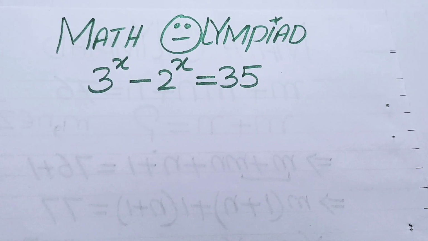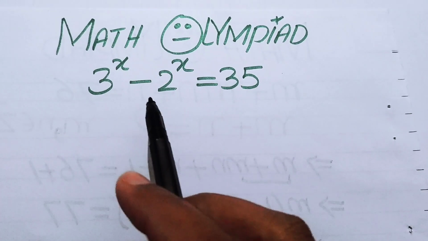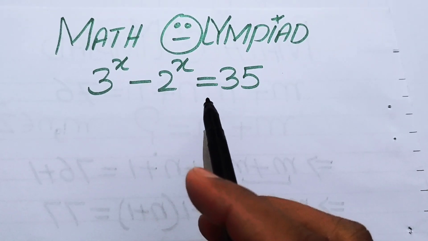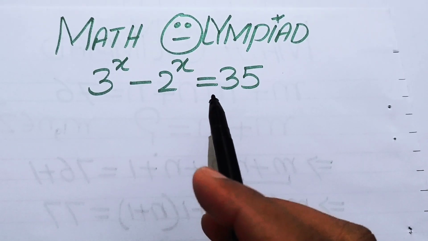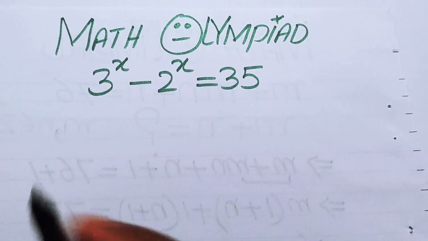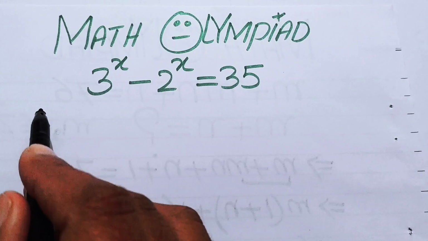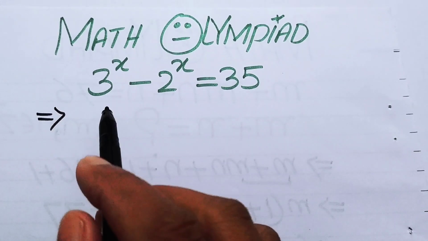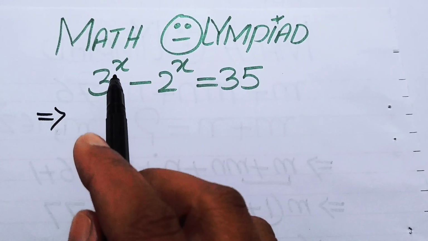In this video we are going to solve this nice math Olympiad algebraic challenge, and here we have 3 to the power of x minus 2 to the power of x equals 35, and we will solve this problem for the values of x. So the very first thing we are going to do is, first we multiply and divide by 2 on